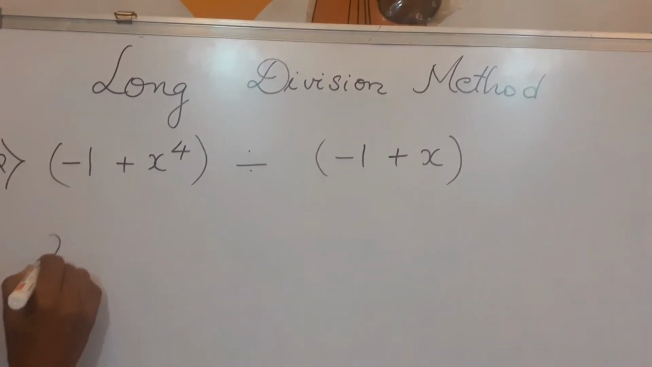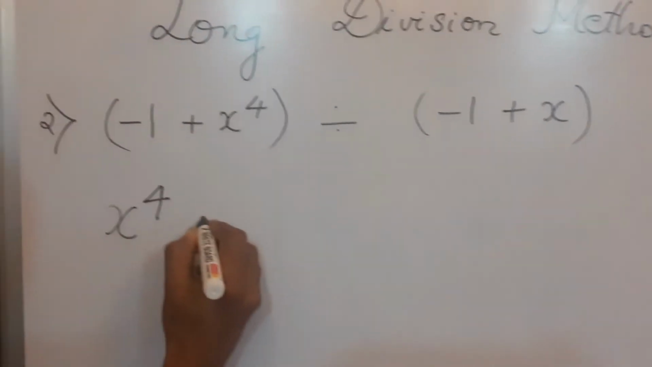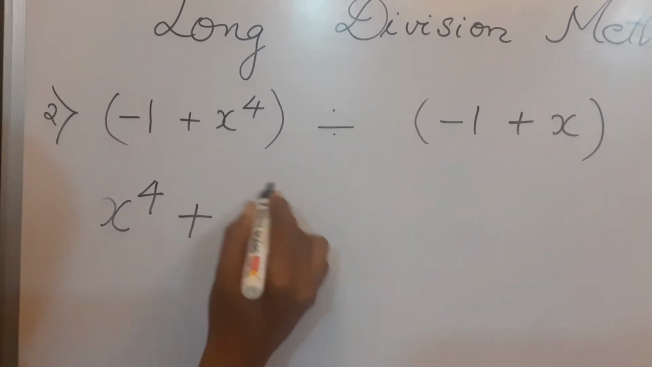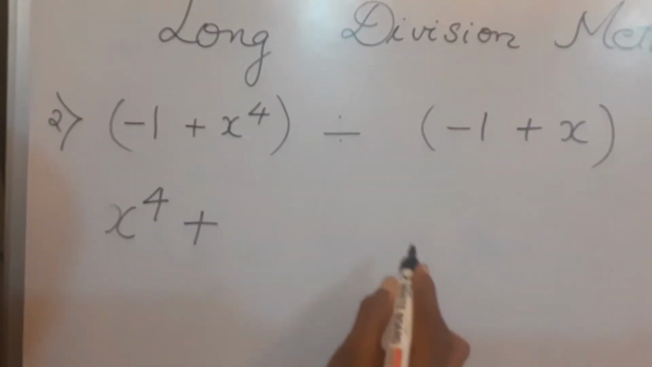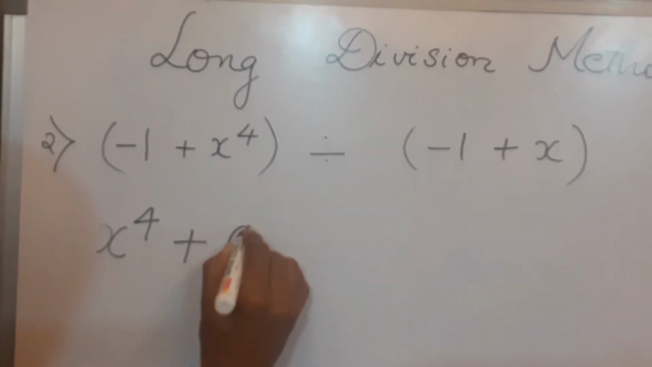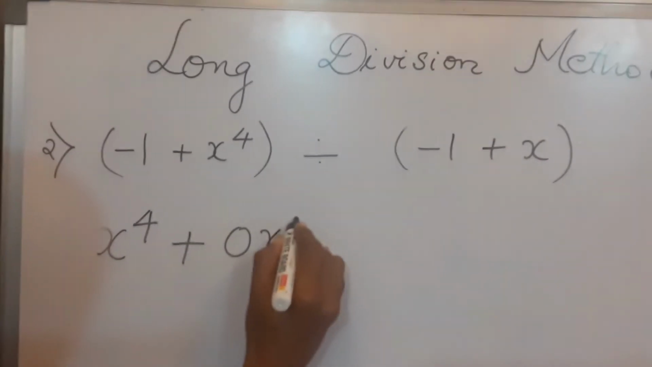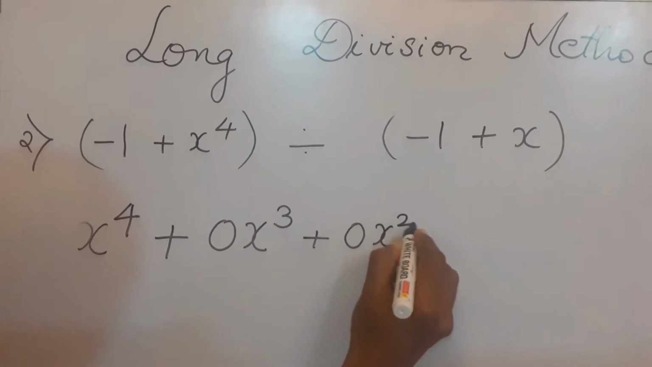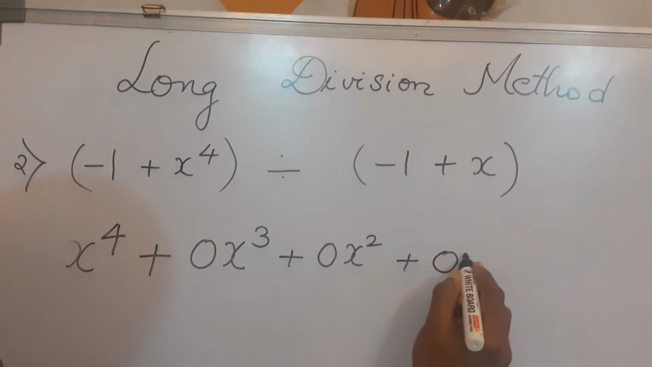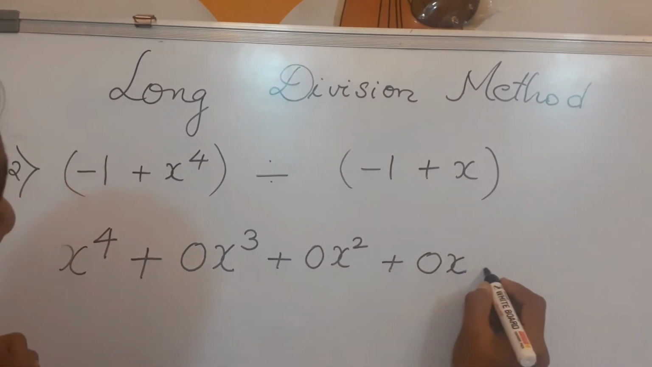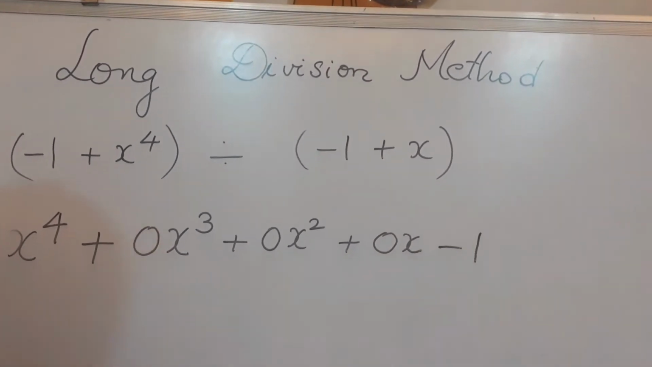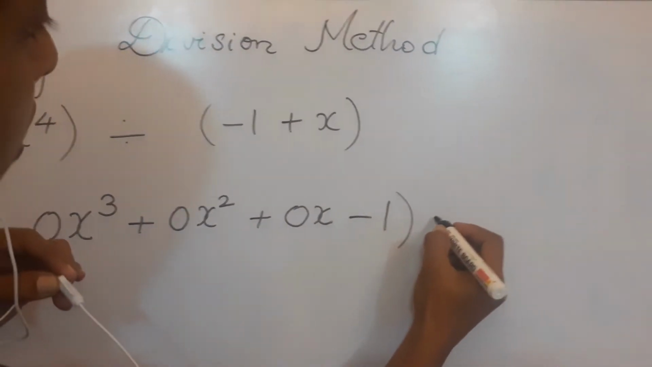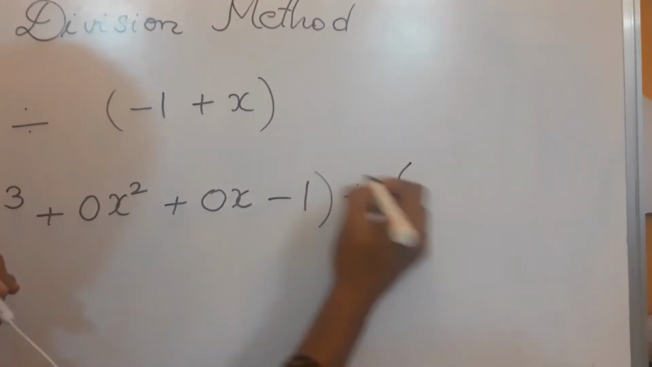So x raised to 4 comes first, and then x cube, instead of there has to be x raised to 3, x raised to 2, x raised to 1. So since that is all absent, you have to write it as 0x cube plus 0x square plus 0x minus 1. So this will be your dividend, and that has to be divided by, again this is not in